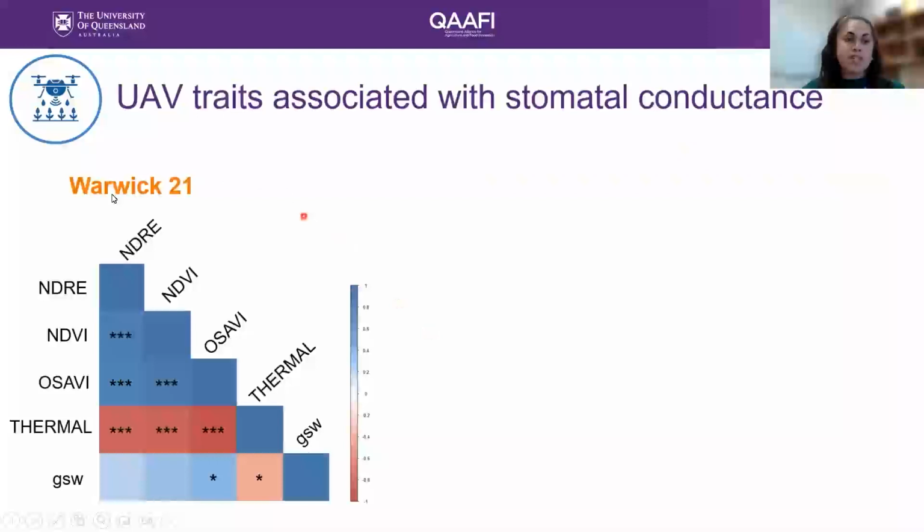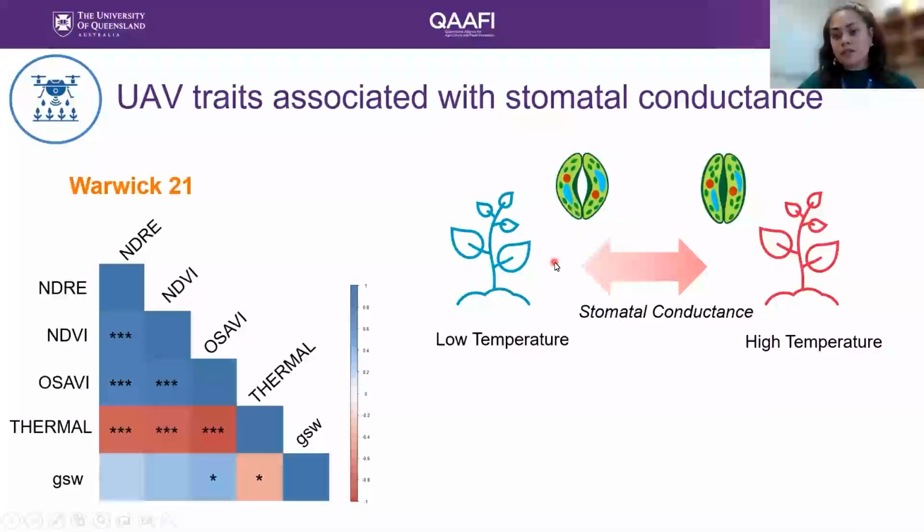And so when we did this in Warwick, we didn't see much of a relationship between some of these indices, but what was really nice is that we did see a relationship between the thermal and GSW. So that means that when we have a high stomatal conductance, it means we have a lower temperature, and with the lower stomatal conductance, we have a higher canopy temperature, which is what we would expect, because as the stomata closes, it